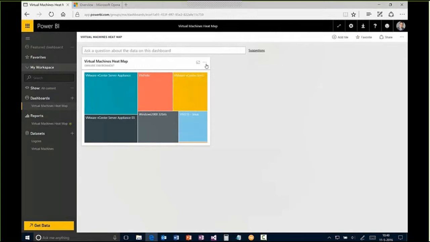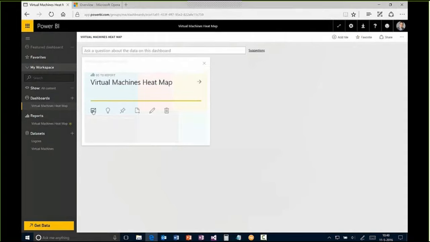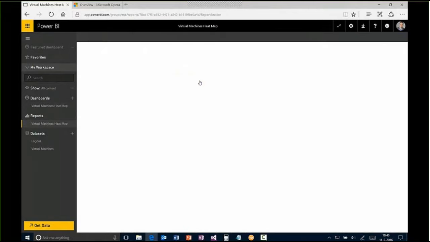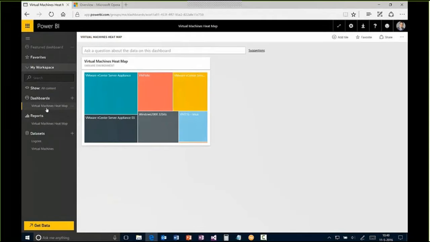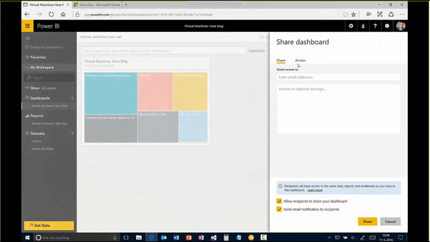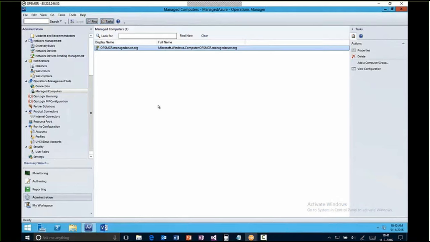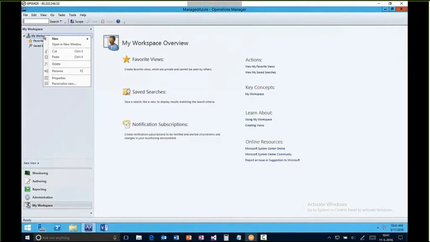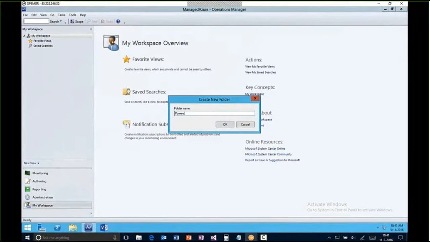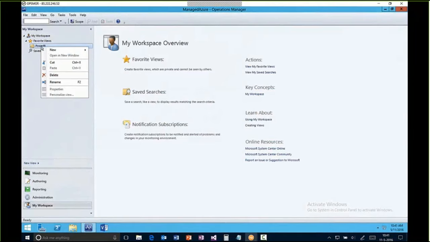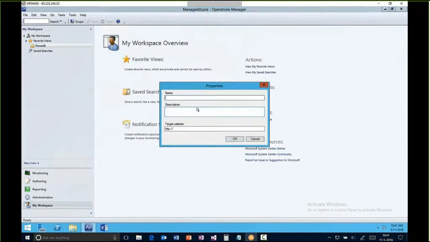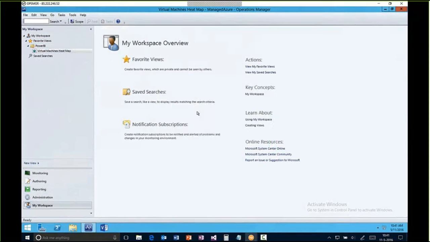So this dashboard can be used anywhere outside of Power BI, because one of the great things is that we can actually use it as HTML5. So you can say, here's the link, dashboard link, and what I'll do is I'll show you that you can actually again see that in Operations Manager 2016. We'll create in my workspace really quickly just a new folder called Power BI, and here under we'll create a web page view. We'll call that Virtual Machines Heat Map. Take this URL, hit OK,